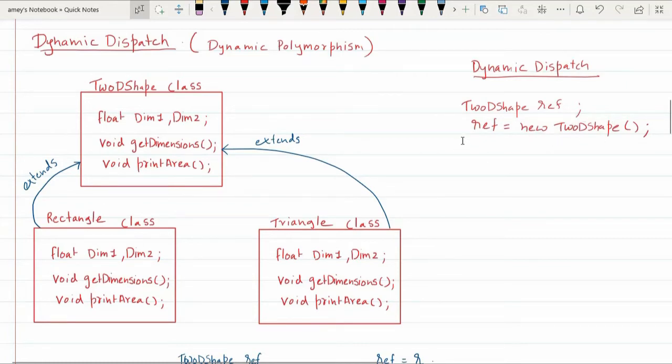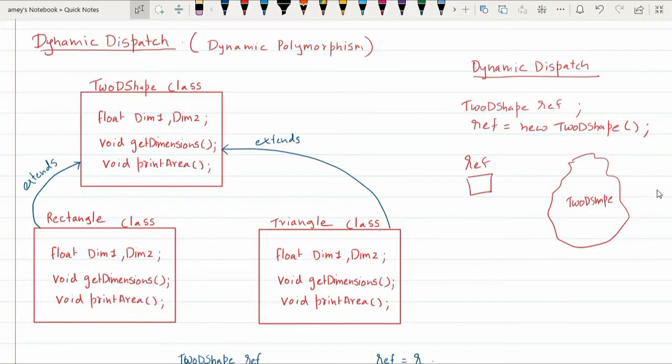is created. And what is ref? Ref is basically a simple reference name that refers to that object. Graphically, ref is not part of the heap memory. In the heap, a new object of type 2D shape is created, and ref basically stores the starting address, or the reference, of that object.